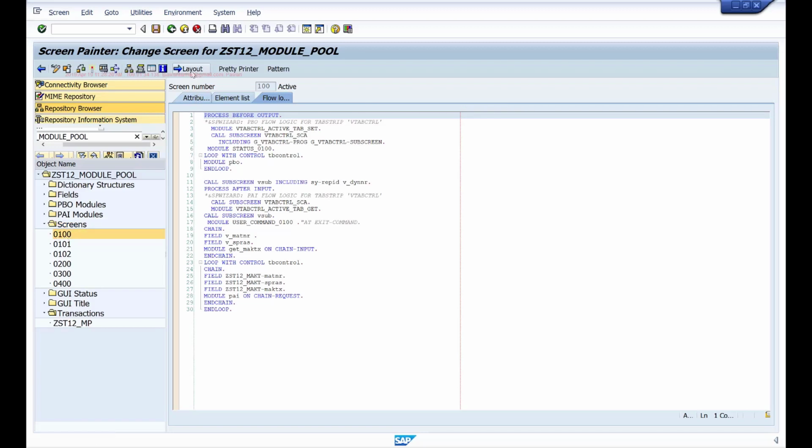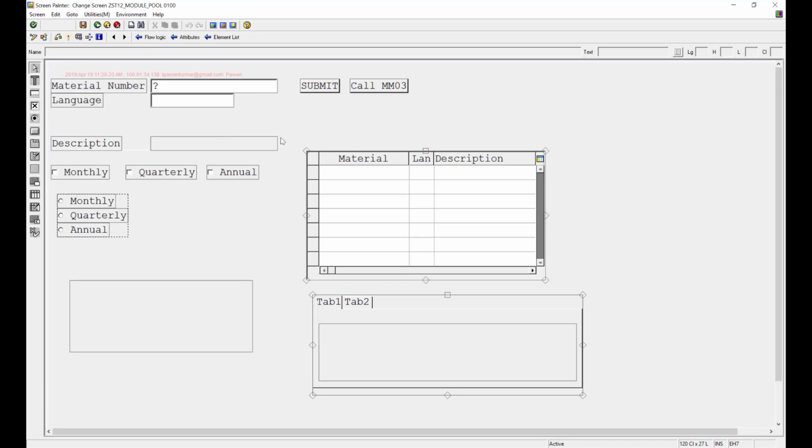On the main screen, I'll use this custom control. So select this custom control and drag it and drop it in the area. So you mark one area on the screen as a container, and in this container we can load any of those custom controllers. So give some name for your container, let's say custom.